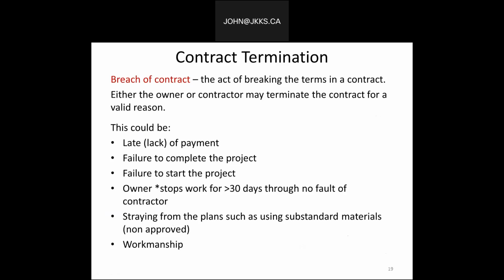So again, a breach of contract is a violation of any of the agreed upon terms and conditions of a binding contract. They were required to do or not do something and failed to do those things. Under certain circumstances, the owner has a right to stop the work. This may be based on significant defective work or work not being performed according to the contract documents. The other point should be fairly clear, as I noted there.